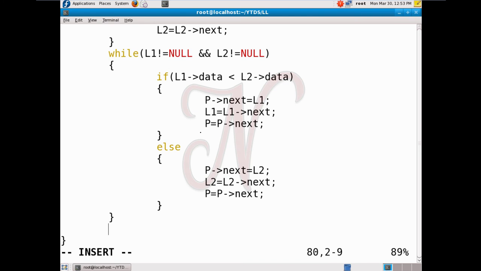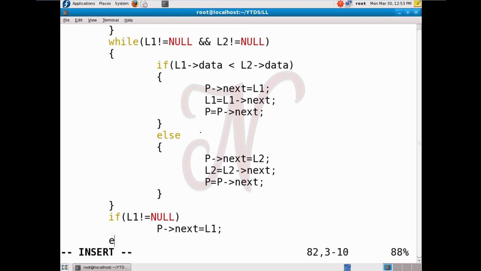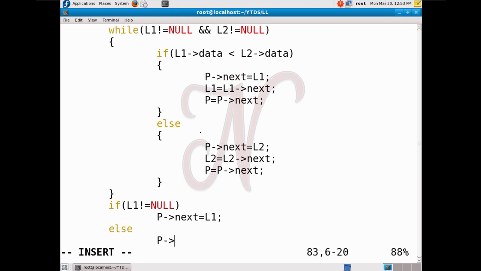So after breaking this while loop, if there are some nodes available in the first linked list or the second linked list, then by using this if else we connect the remaining nodes to the current linked list. So here by using if or by using else.